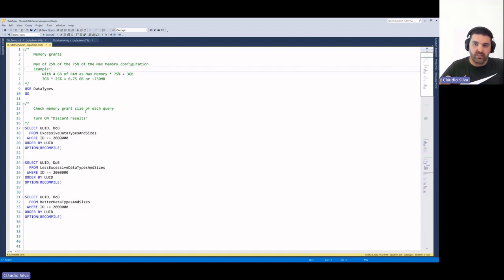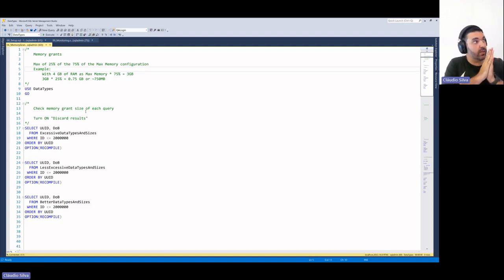I won't go very deep on these details, because this could probably be a session by itself. But just as an overview, memory grants are needed when you have sort operations, or hash match operators on the execution plan, because those things happen in memory, and SQL Server needs to get that memory to work. Now the question is, how much is that memory? How can you estimate which one will be needed?